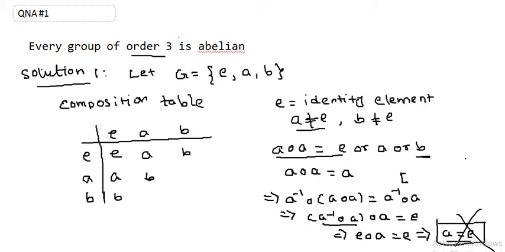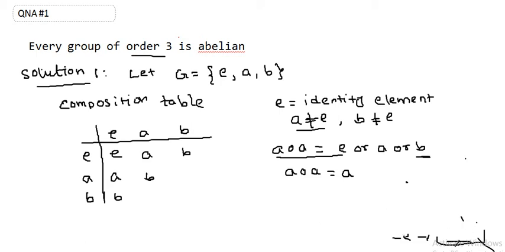Okay. Now what about A compose B? So let's talk about that, A compose B. This property we use over here is also called the cancellation law. The property I'm talking about is A compose A equals E. We can just cancel this A from here, and for the case of real numbers we just write 1. Similarly, for the case of a group we write the identity element E. You can informally think of it in this way. So A is going to be E. So this is also not possible.